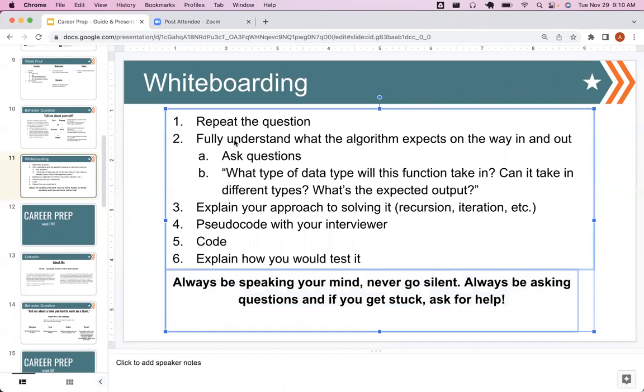Would you like me to explain my process? What would you like me to do? It is usually like 75% of the time going to be a collaborative process. The interviewer not only wants you to ask questions, they expect you to ask questions, and asking for help doesn't count against you. It's a point in your favor,